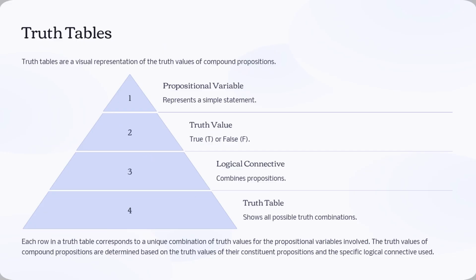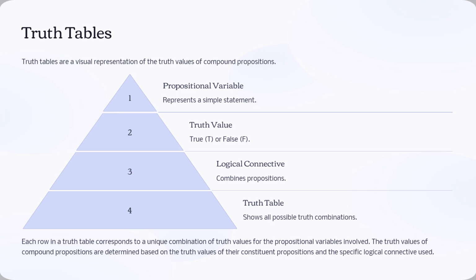Alright, let's dive into the world of truth tables. These are like super helpful charts that show you all the possible outcomes of combining simple statements, like it's raining and I have an umbrella. Imagine having a table with columns for each statement and a row for every possible truth combination. By using these tables, we can understand how logical connectives like and, or, and not affect the overall truth of more complex statements. So, stay tuned, because we'll be exploring how to build these tables and use them to solve